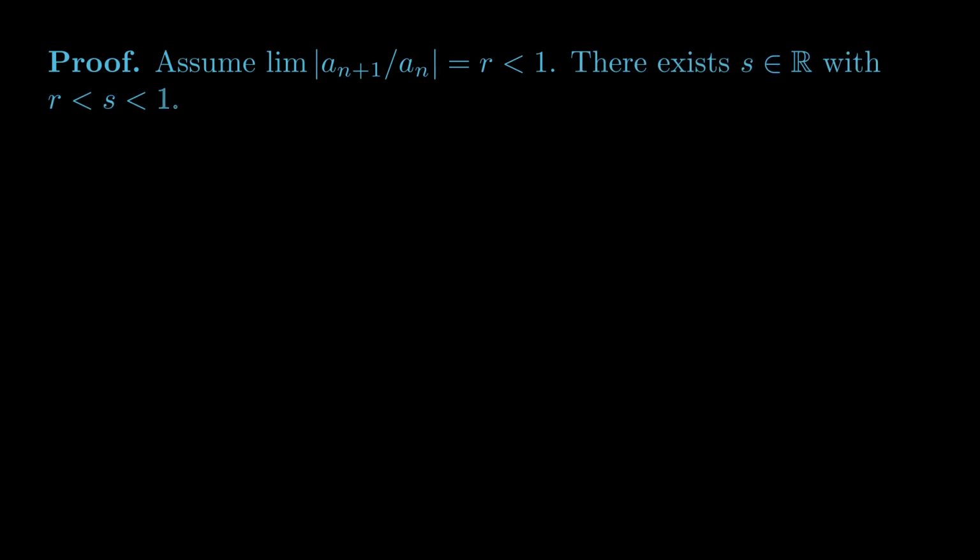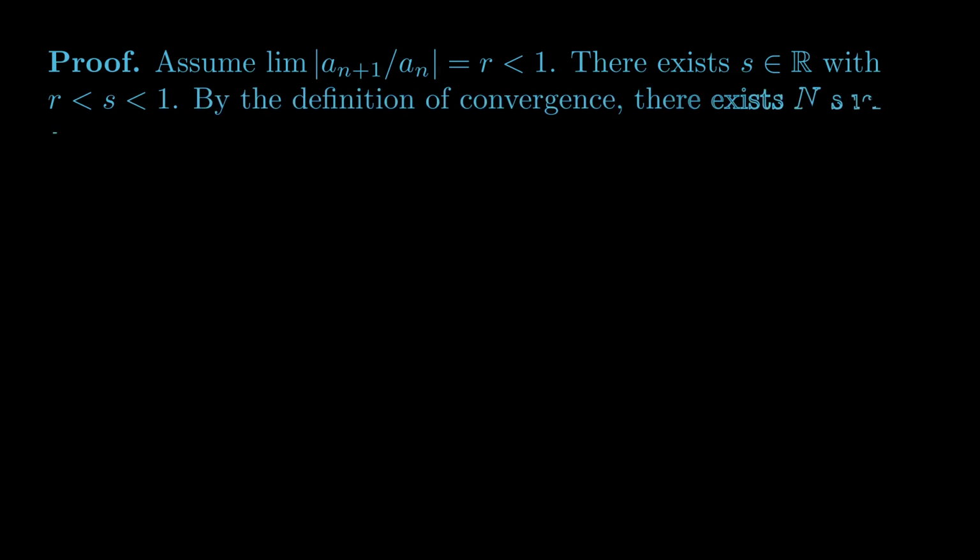Let's start the proof by assuming that the limit of the absolute value of a_{n+1} over a_n is equal to some real number r strictly less than 1. Thinking of this as a sequence, it converges to r. And the reason we needed all the a_n to be non-zero is because of this division by a_n. Since the inequality is strict, there exists a real number s that's strictly greater than r and strictly less than 1. Using the positive difference s minus r as our epsilon, it follows from the definition of convergence that there